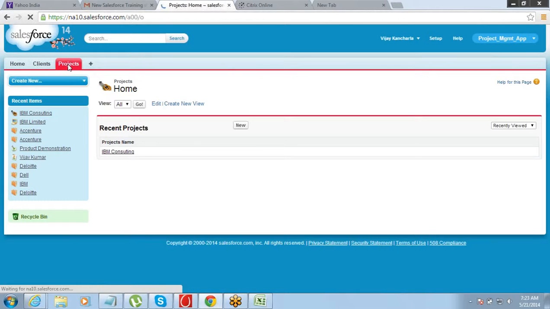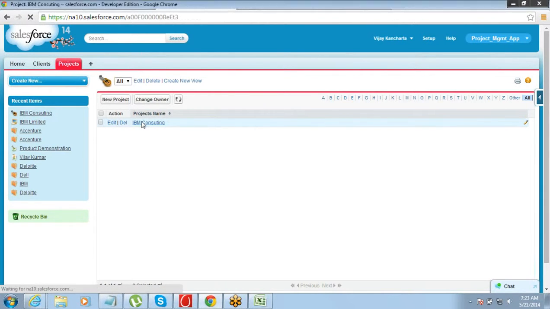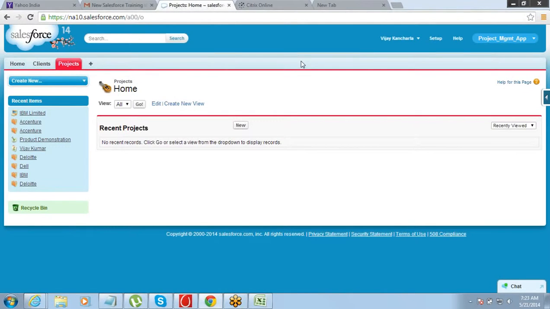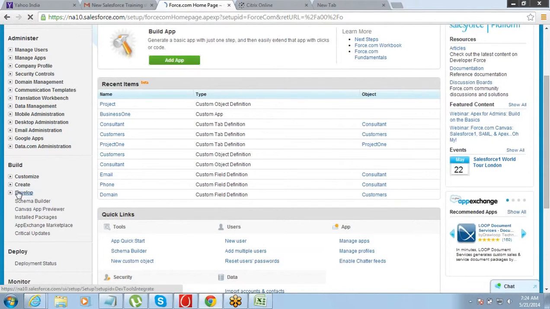So in case you already have records which exist in the child object, you cannot create a master detail relationship, and the reason for that is master detail always requires a parent, right? So now this is something which is not connected to any parent. So for that reason, let me just remove this record and then try to, now there is no record existing in the child, right? Now we can set up the master detail relationship between these two. So go to setup,